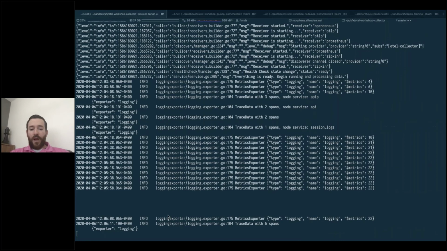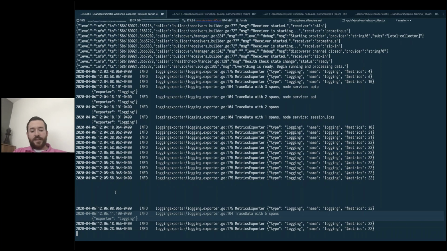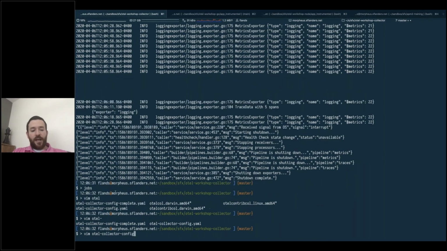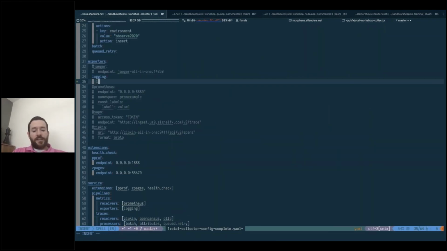That's okay. I should also see that there is some amount of trace data reaching the collector, because the Go app is instrumented now and it's running. So I can actually see that there is trace data coming through. So that confirms that I now have Go sending trace data. If I want to actually see that trace data, the only other thing I might consider doing is changing the log level as we saw before. So if I go to logging here and set the log level to debug